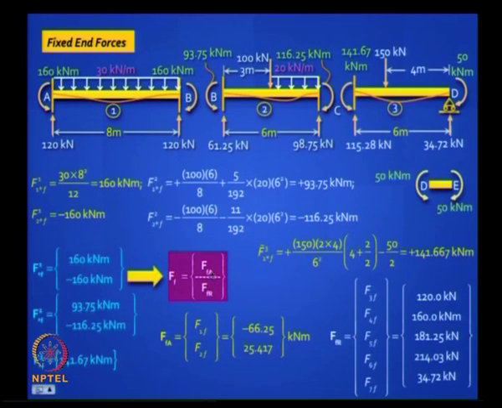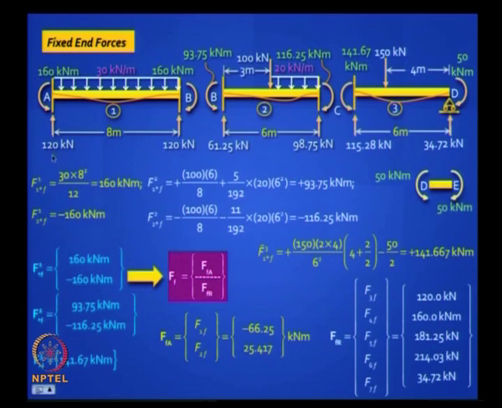FFA corresponds to the 2 coordinates 1 and 2. Remember, 1 and 2 are here, these 2 moments and these 2 moments, right? So you just algebraically add up those 2 moments, you will get F1F, F2F. Is this clear? The net moment that you get corresponding to the fixed end moments at B and C, that is F1F and F2F. And what is F3F, F4F? You can pick up from here.